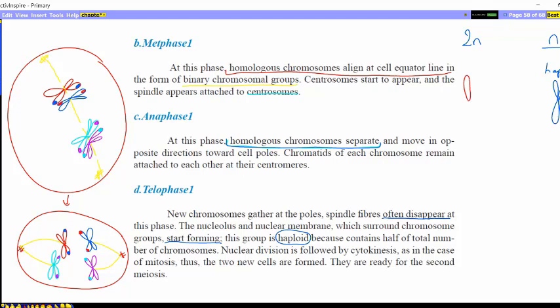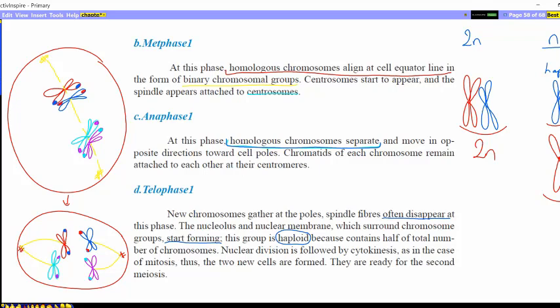Or if they make a pair, homologous chromosomes together in the same cell, we call it diploid. Means what? If there is only one of the homologous chromosomes, that is haploid by itself, that also haploid by itself, but both of these two homologous chromosomes together, we call it